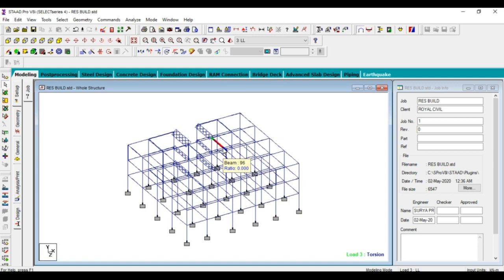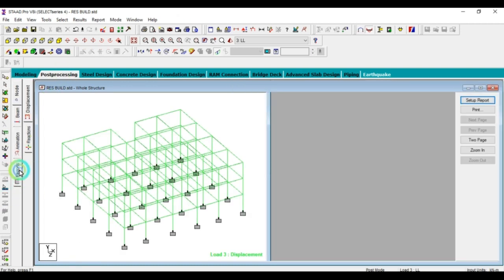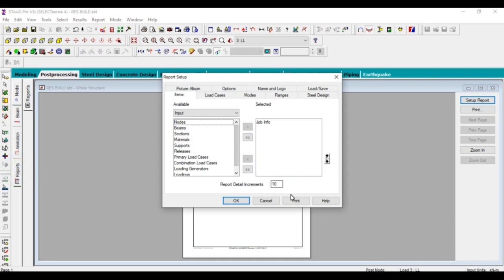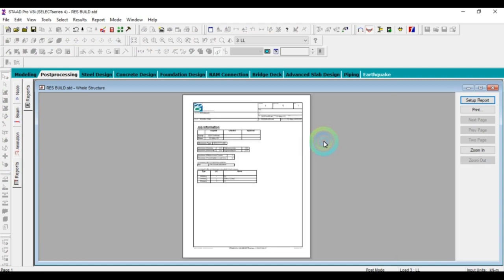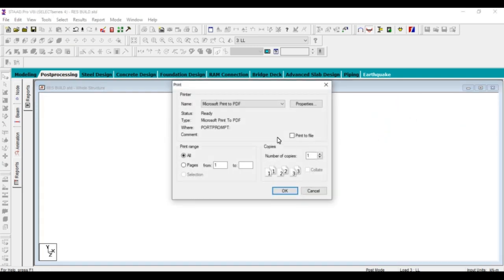If you want to view the reports, go to post processing again and select report in the LHS. Which type of report you want, select that report, click on okay. I select the job, so the job information will be taken here. If you want to print this job information, you can go to print in the RHS. If you select print in the RHS, then it prints